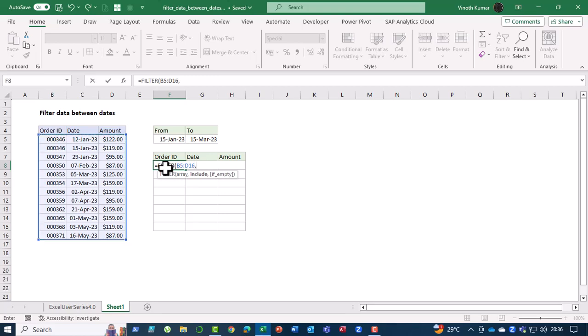Then I'm going to give a comma, and I want a between-two-dates functionality here. I want to take dates that start from 15th of January to 15th of March. So to create two conditions here, I'm going to use an AND condition inside the formula bar. I'm going to open a bracket, choose all the dates, and say if any of these dates is greater than or equal to the start date, then consider that as my first condition, and then a multiplication symbol will